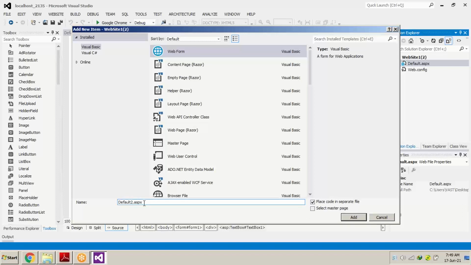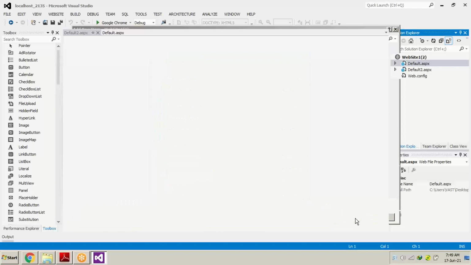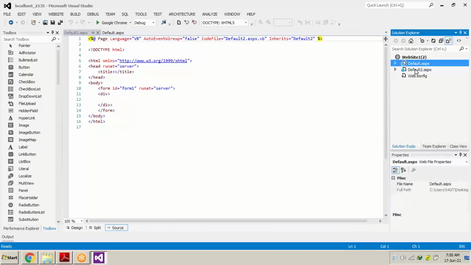So you cannot just erase the .aspx from over here. Just remember this. You can change default2 to second page, third page, fourth page, whatever name you require, but you cannot remove .aspx. Otherwise, the file will be unstable and it will not work properly. By default the name will be default2 as we are adding one more page, and just as we click on add, you can see over here, 2 pages have been added to our site. So as we go on increasing pages, folders, CSS files and everything, the Solution Explorer basically shows us what all contents are there in our project folder.